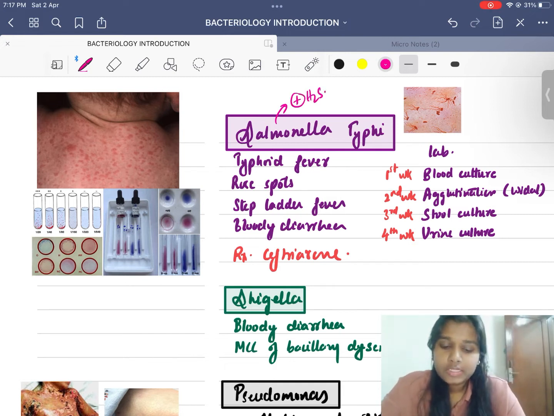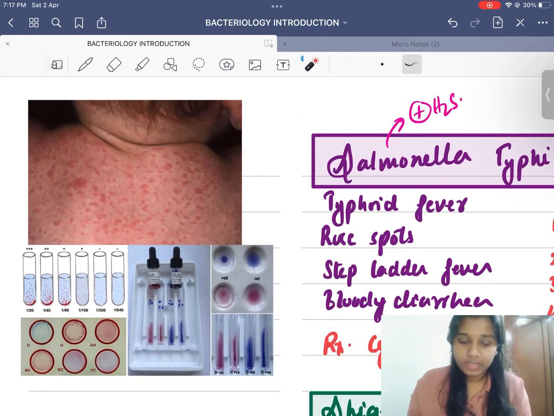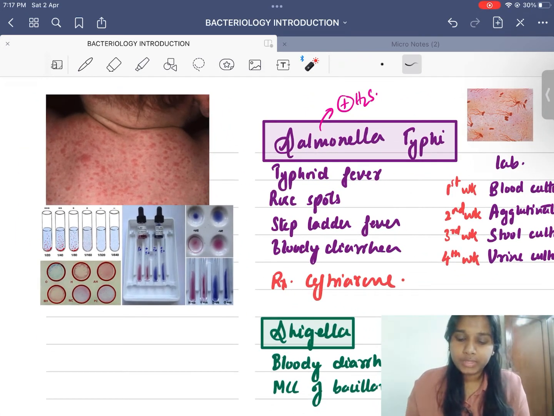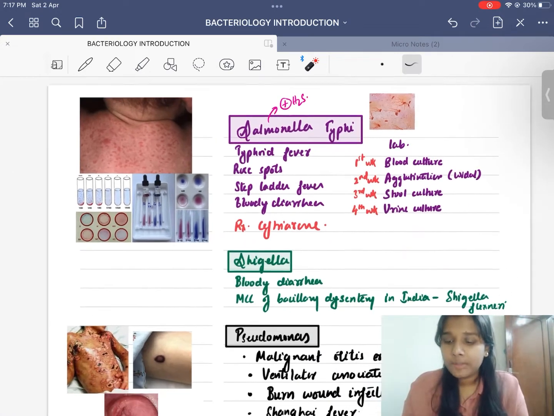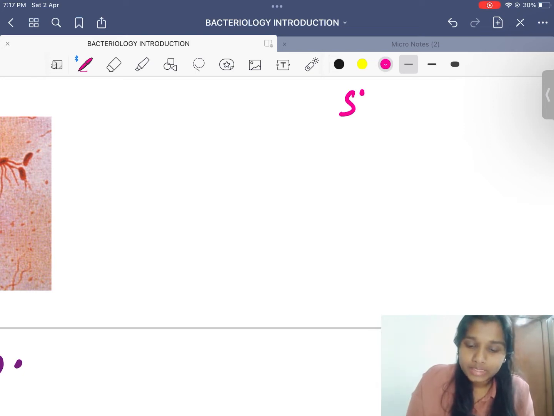So for Salmonella, we know it causes typhoid, right? Typhoid has rose spots, right? So this is the image of rose spots which I've added. Typhoid is also associated with stepladder fever. What if you see a stepladder pattern on gel electrophoresis? That is seen in